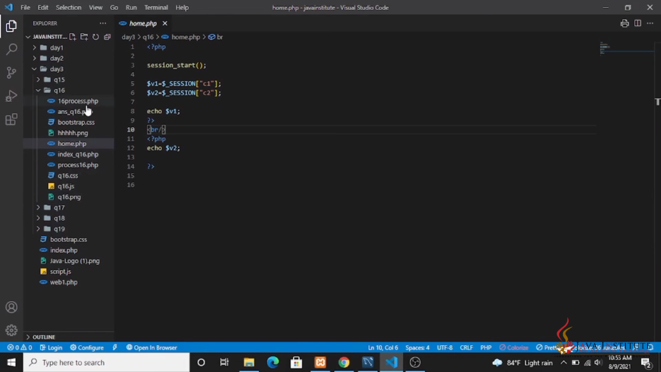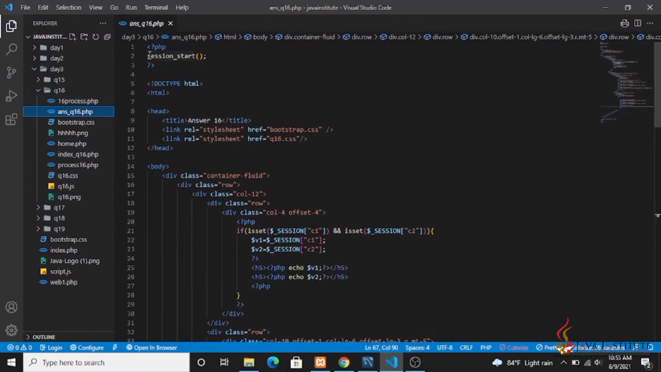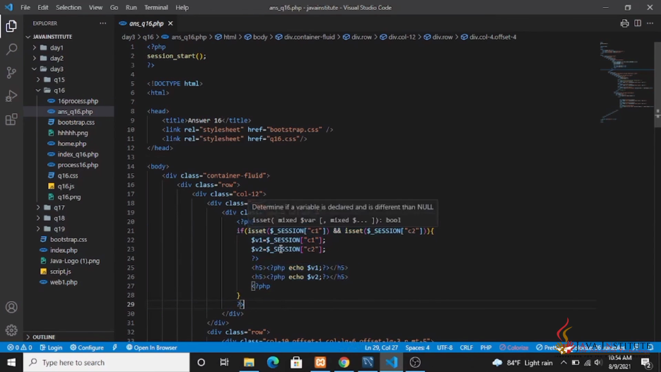And here you can see this answer underscore q16 php file. You can see here, first of all I have created a session start function here also, and in this PHP script I have checked whether the sessions C1 and C2, those two sessions, are set or not, the isSet function stands for that. And if those two are set, I have commanded this to echo these two values here, and that is for the function that